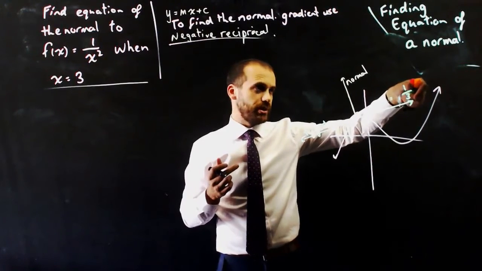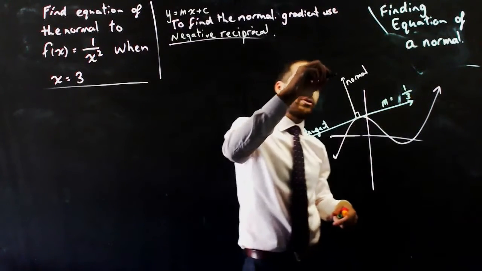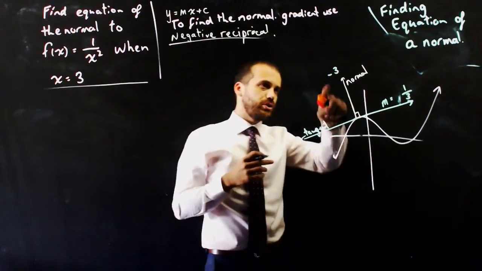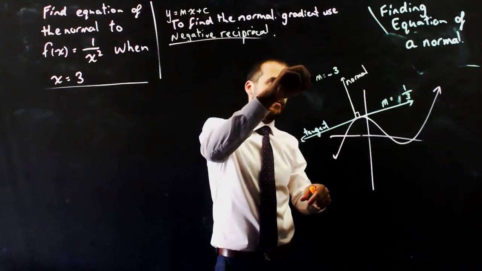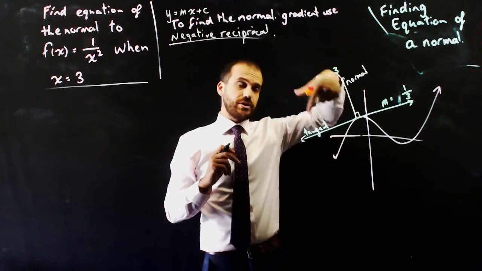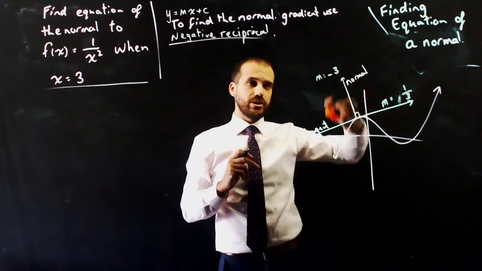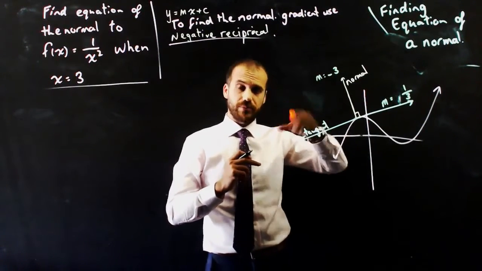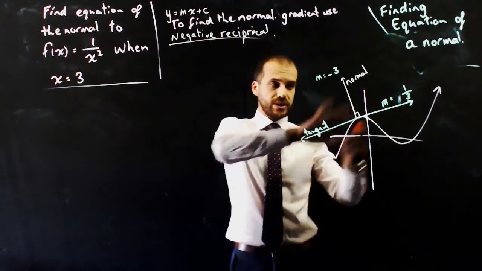That's what reciprocal means, but negative. So the normal is going to be negative 3/1 or just negative 3. Alright, so the negative reciprocal will tell you the normal and the tangent. You can move back and forth by flipping the fraction upside down and moving from positive to negative. Okay, that's what we needed to know